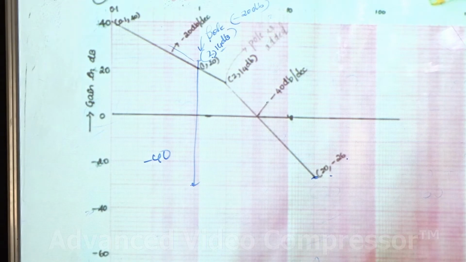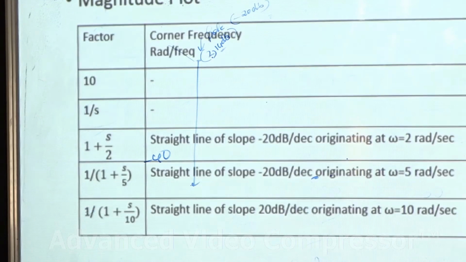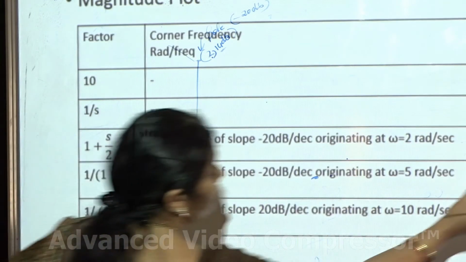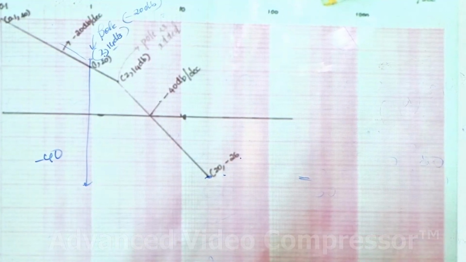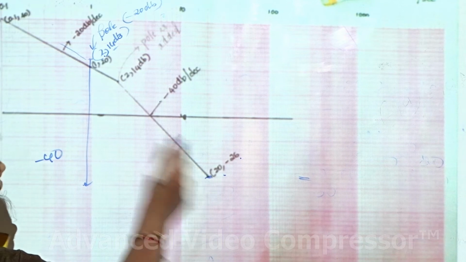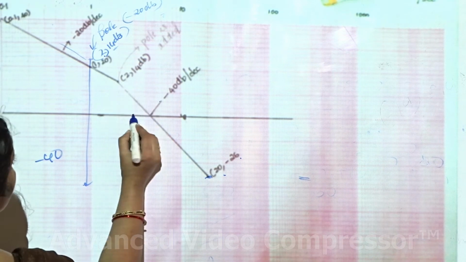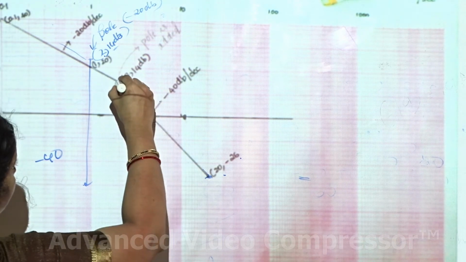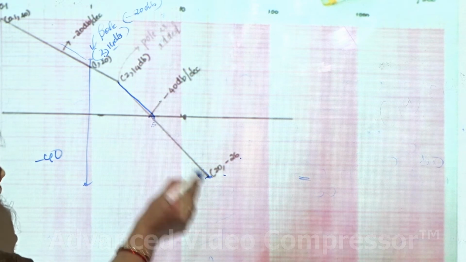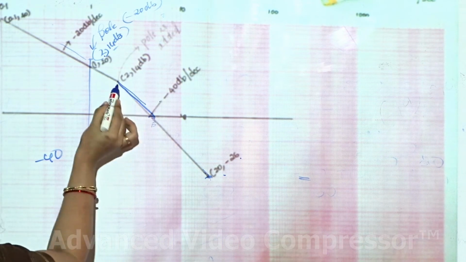What is the next corner frequency? What was the next corner frequency that you saw? In this, it was at 5. From 2 to 5, can I keep this like this? Can we keep it like this up to 20? No, you don't want this. At 5, where is 5? This is 2, so somewhere here you will have 5. At this point you should stop. The line should be only this much. You cannot extend. Dotted lines you can write and keep, but your line should be only from here to here.